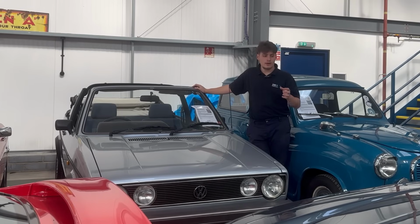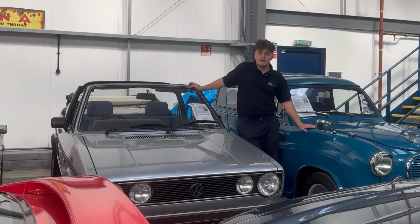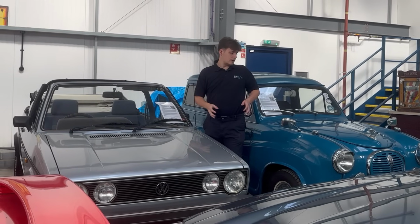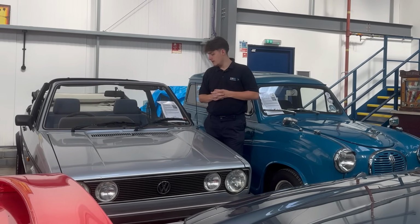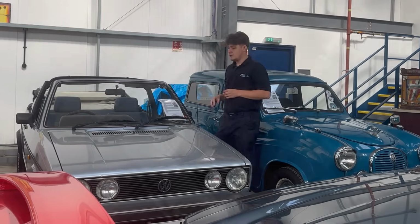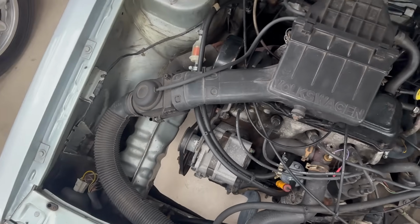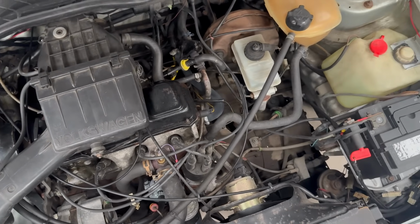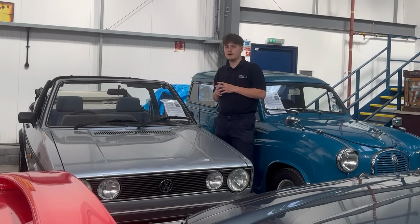The vendor also has this lovely Austin A35 next to me in the sale as well. And they're both very nice looking cars. You can tell that they've come from a good home. Now the Clippers use the same 1.8 litre engine as the Golf GTI, but they run a single carburettor. So they produce around 90 brake horsepower, which is more than enough for just cruising around with the top down